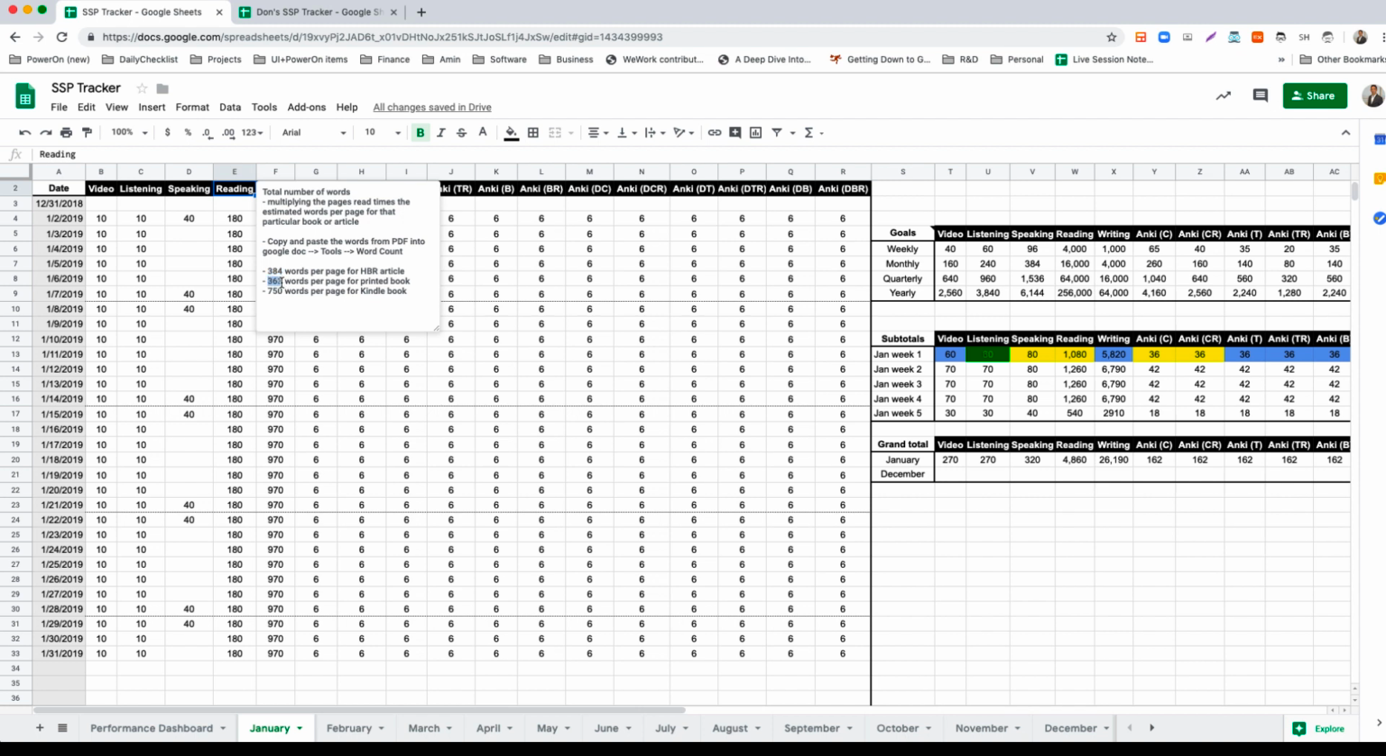And 363 words per page for a printed book. So if you're using a printed book, I found out that on average, there's about 363 words per page. If you're using a Kindle book, surprisingly, we had about 750 words. So this is just an estimate. I would recommend, if you're doing your own thing, do your own calculations, just because you want your numbers to be exact. So this is just an example, and I'm just giving you a reference point